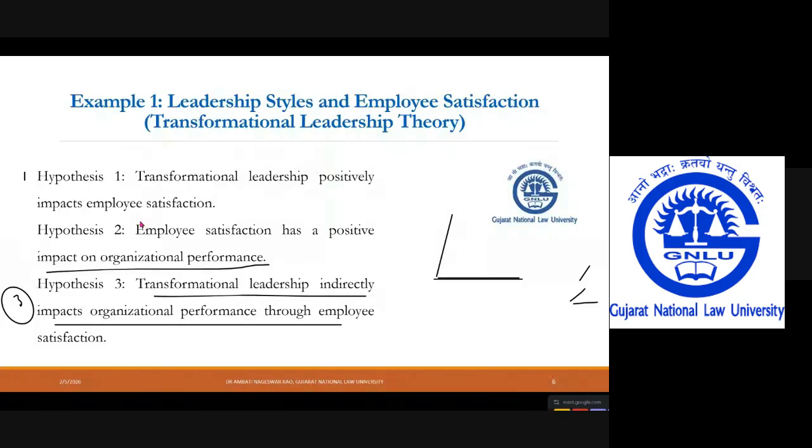Second one, employee satisfaction has a positive impact on organizational performance. So that is the end, right? Third one, transformational leadership indirectly impacts organizational performance through employee satisfaction. Now, as a researcher, while framing my hypothesis,